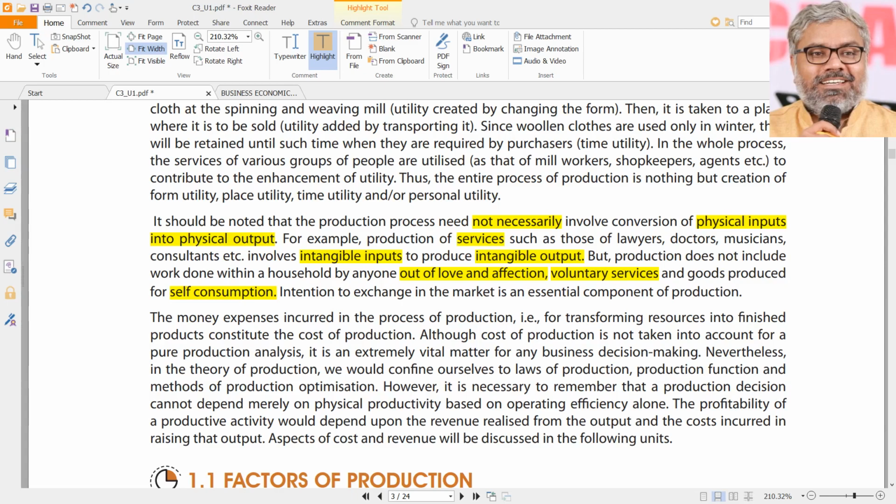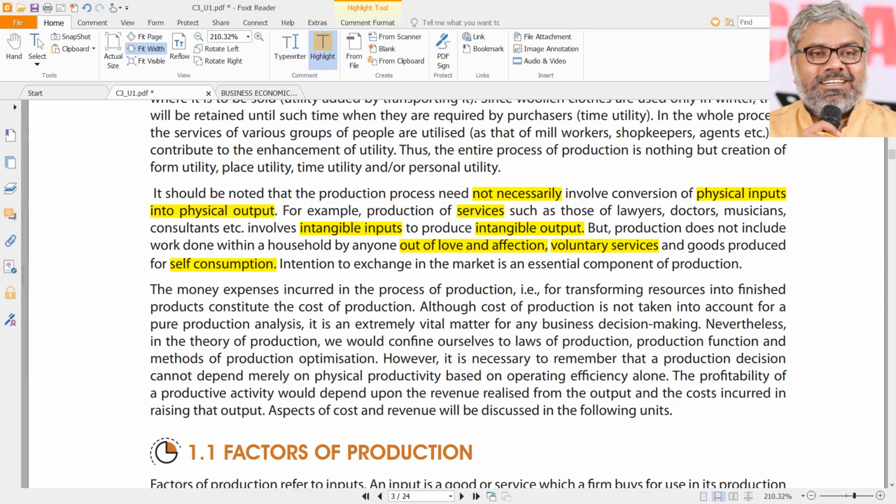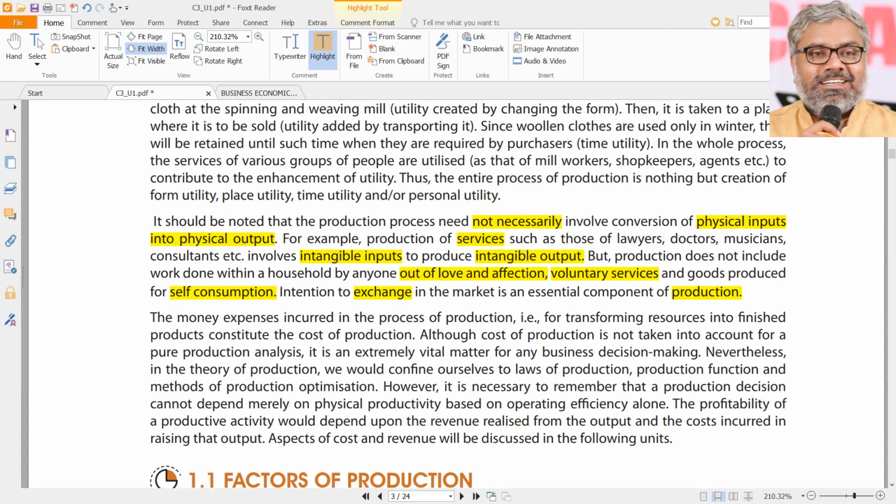If another artist creates another painting and sells it or shows it in an art gallery for a price, he earns some money out of that. There is an economic activity involved with that painting. Then only we can say it is production. And as I already told, the most important aspect in identifying whether it is a production for economics purposes or not is exchange. Use is not the only important point, exchange is the important point, right? That is what production is all about.